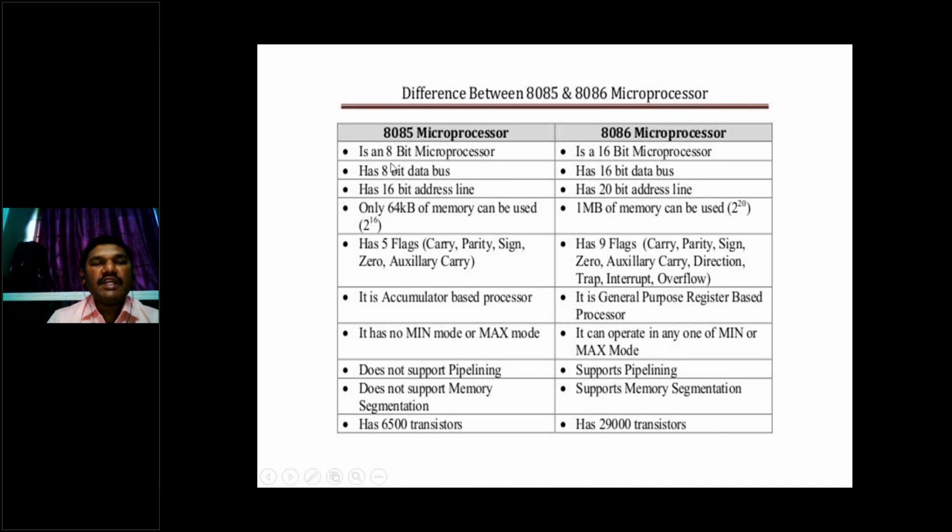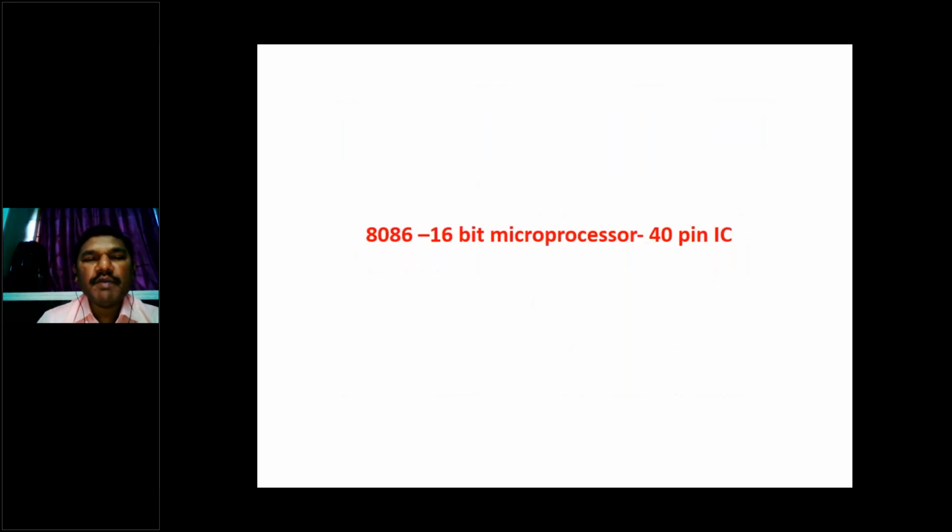Right? Because here it is 8-bit, every register is in terms of 8 bits, but here it is 16-bit, every register is in terms of 16 bits. So one register means 1 bit of data. If it stores, we need 1 flip-flop. So 1 flip-flop means at least we need 4 NAND gates. To design one NAND gate, at least we need 4 transistors. How, that we will see in the next coming presentations or next coming classes.